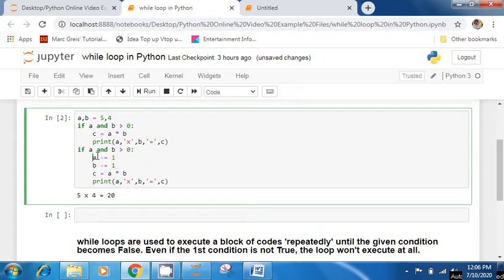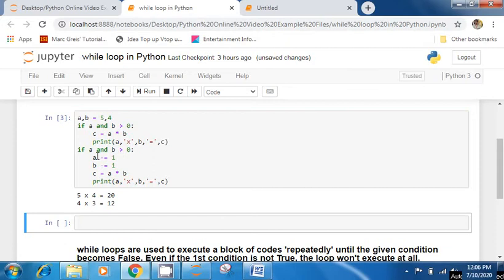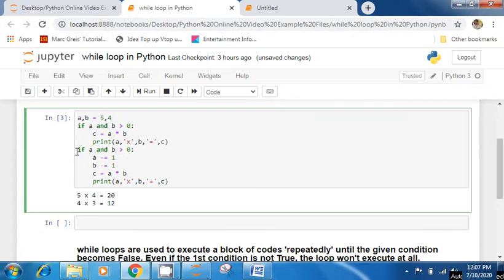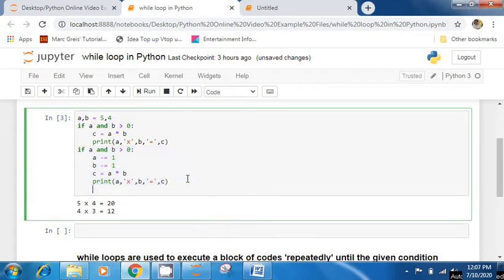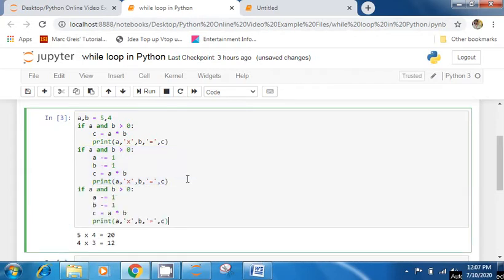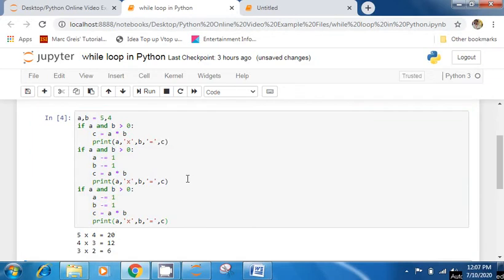Now let's run this, shift enter. Now I am getting 5 into 4 equal to 20, 4 into 3 equal to 12. Similarly, if I now select these 5 lines, Control C, enter, Control V, and run, I get this. But at what cost?